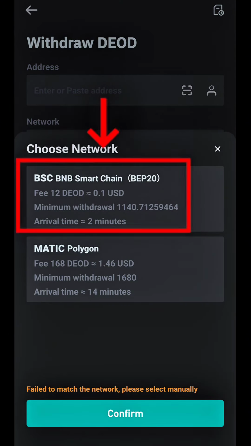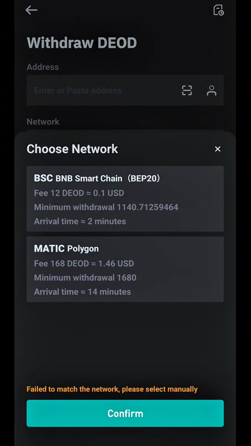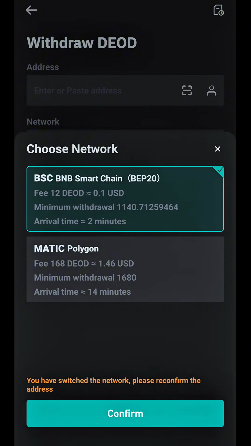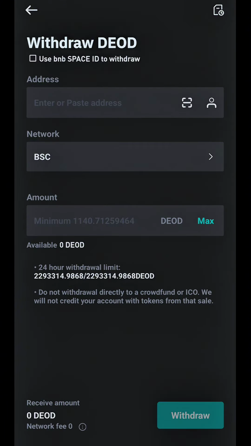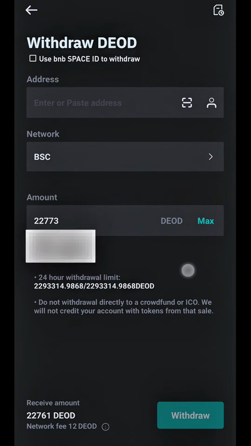Okay, you can see we have two networks over here. We have BSC, and we have Matic Polygon. In this case I'm going to use BSC, that is BEP20, because the fee is lesser than Matic Polygon. If you can see over here, the fee in BEP20 is just 12 DEOD, and the fee in Matic is 168 DEOD. So I'm going to use BEP20. All right, so let's paste the amount. You can see if you minus the 12 DEOD, we are left with